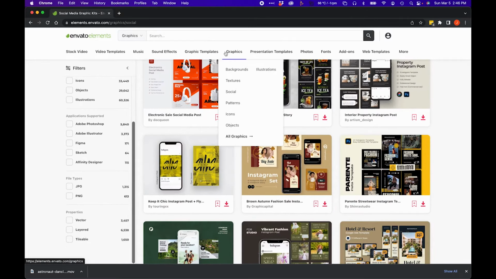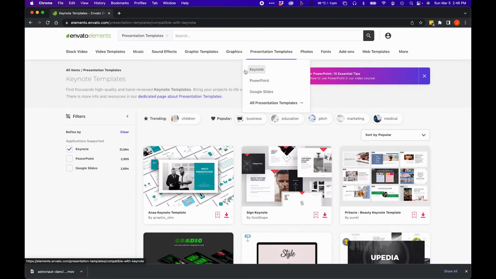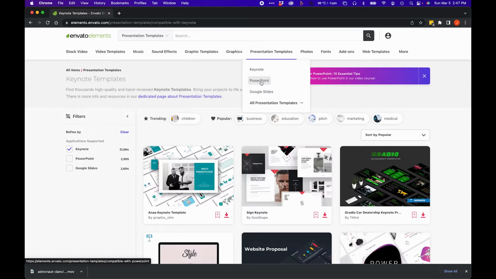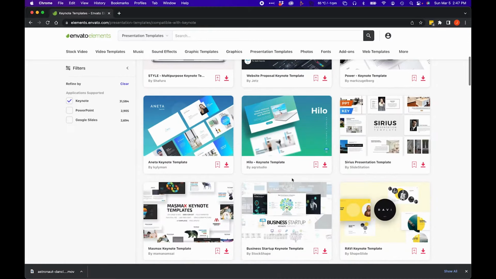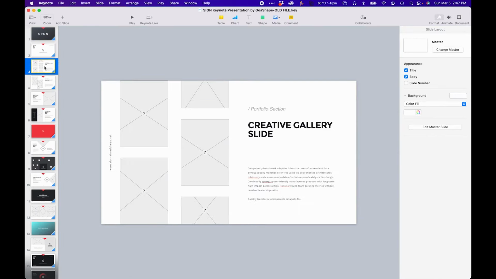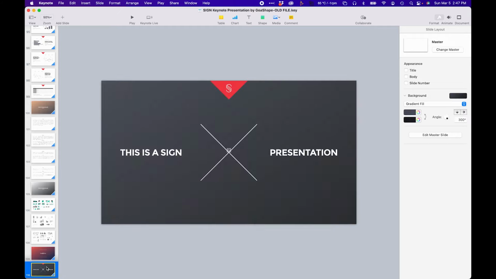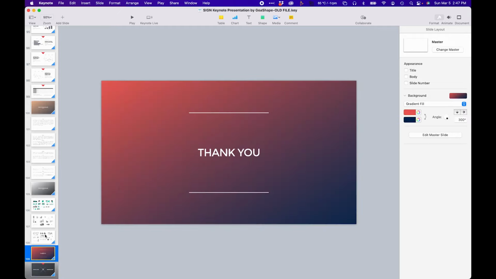Another nice thing about Envato Elements is that they have presentation templates. So if you're a keynote speaker or maybe have to design for your company, you can easily download a Keynote or PowerPoint or even a Google Slides template and take the template and make it your own. For example, I have a Keynote template open here, and I can easily replace the text and the images to put in my own content. This Keynote template came with over 100 slides,